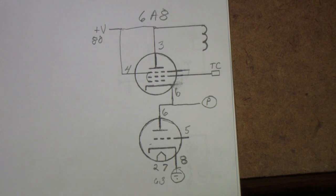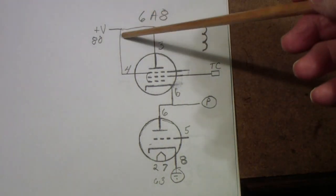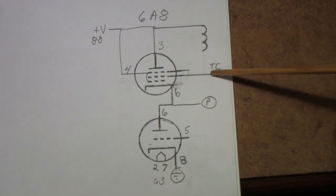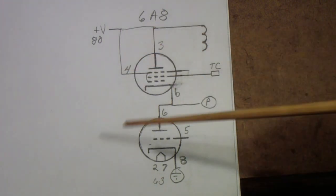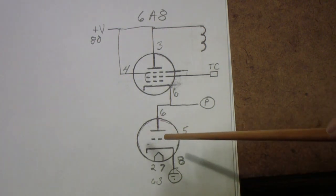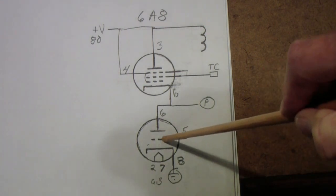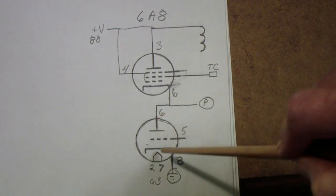So here is how we have the 570 set up. I have 80 volts on the actual plate, and I also put 80 volts on the grids 3 and 5. I told you that I was floating the top cap, and as we saw, that had little effect. These other grids have so much more effect on the gain of this stage. If you watched my video on converter tubes, on Pentagrid converters, you'll know that the tube designers deliberately designed this part of the tube to have as little effect on this part and vice versa. And so almost all of the gain of the oscillator section, which is what this is,